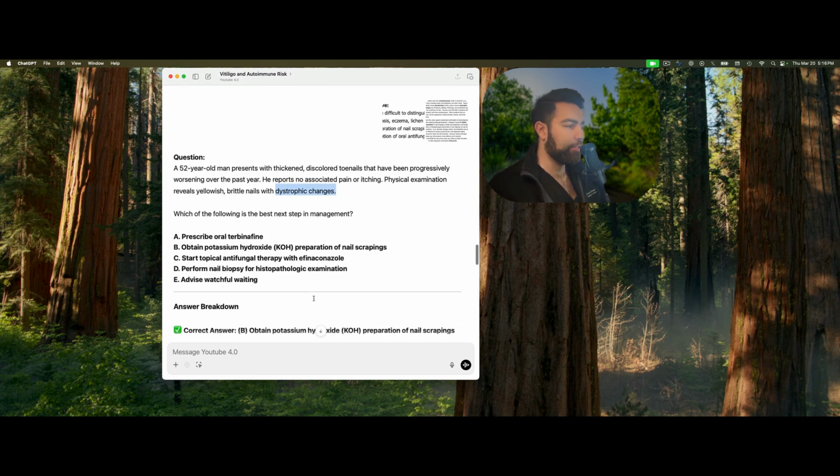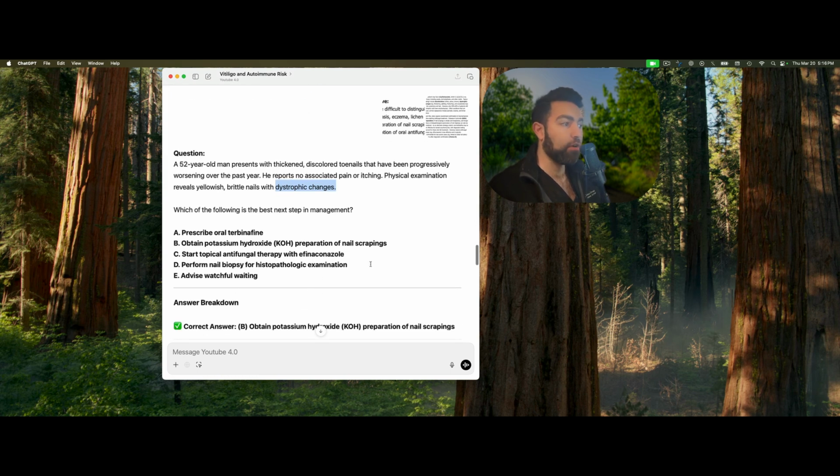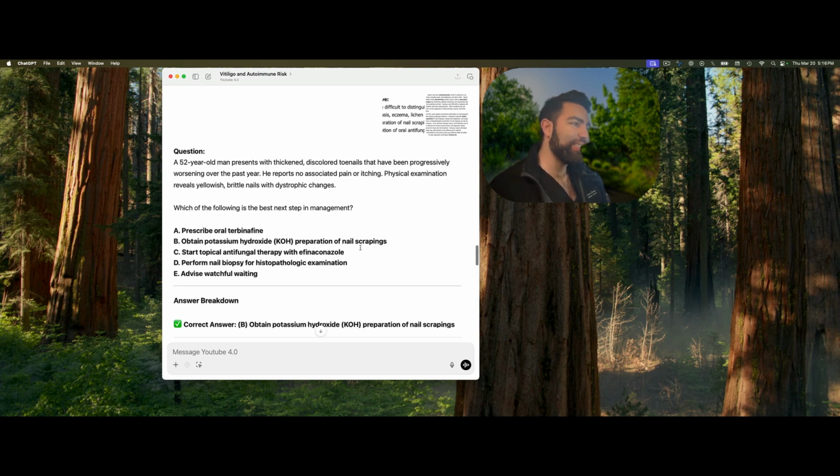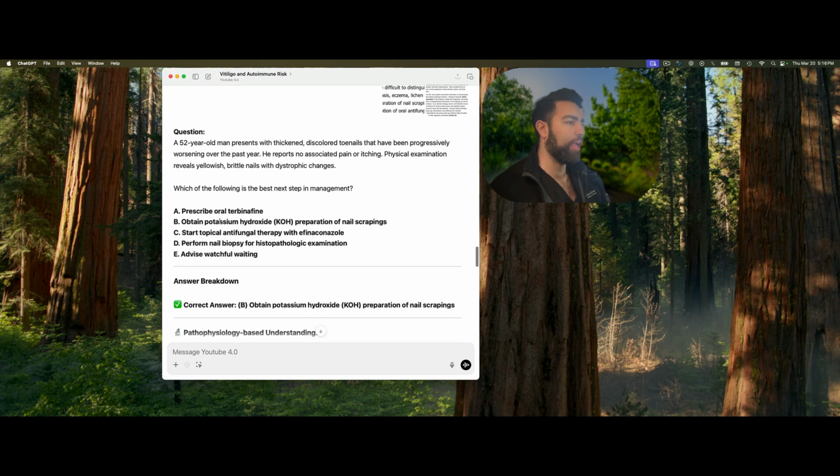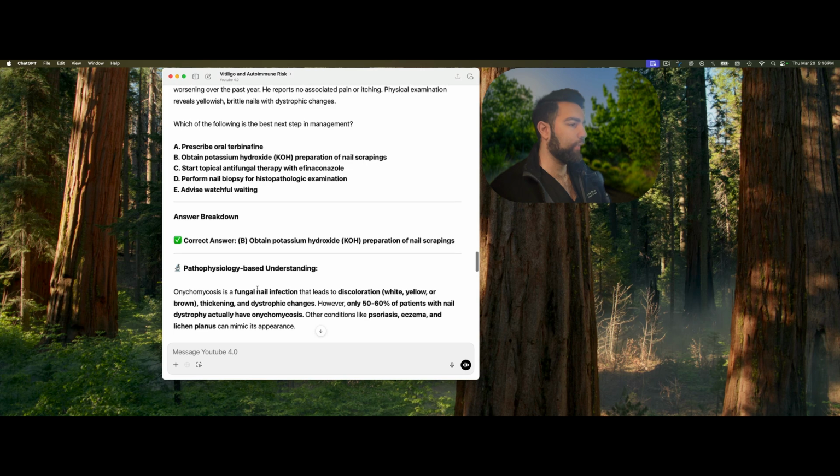All right. So this is of course a fungal infection, onychomycosis. But the question is asking what is the best next step, or BNS, or you can say NSM. These are next step in management kind of questions, right? So in these cases, you want to get the KOH prep of the nail scrapings, just because for onychomycosis like this that grows for a year and is not going away, you have to start oral therapy. So let's go through the